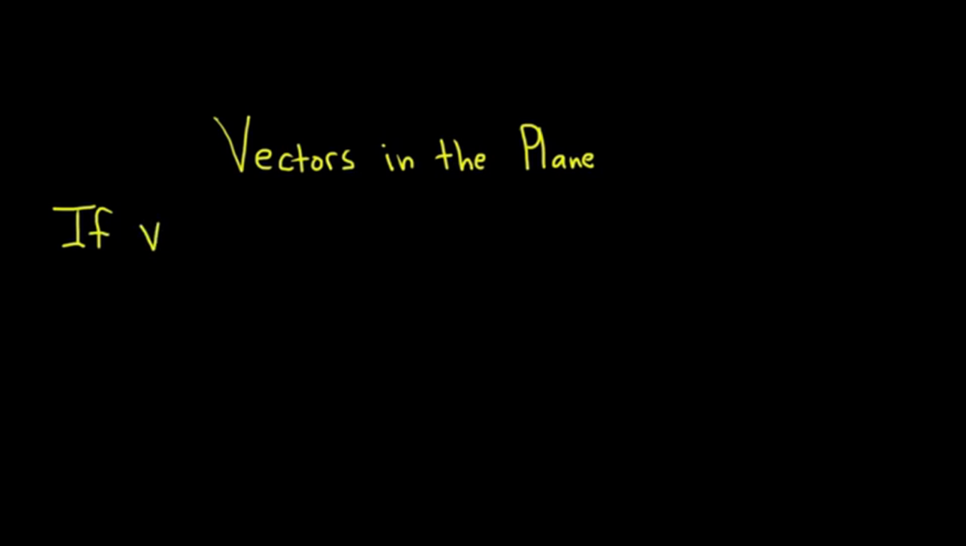In this video, we're going to focus on what's called vectors in the plane. By the plane, we mean the xy plane. So if v, and usually when you write vectors, you're supposed to put a little line here. Sometimes I'll put the arrow, sometimes I won't, but it's supposed to be there. So if v is a vector